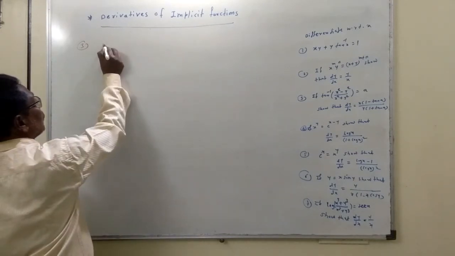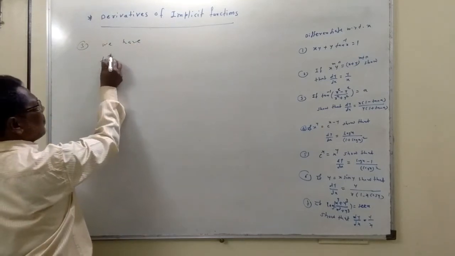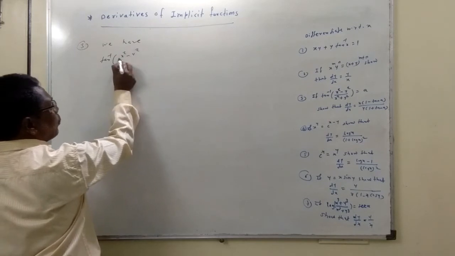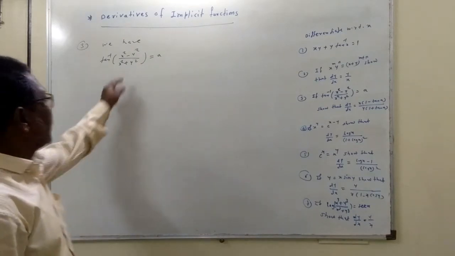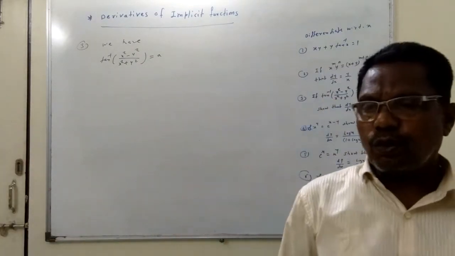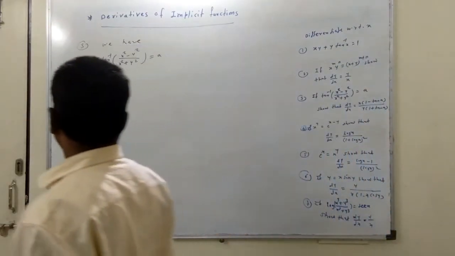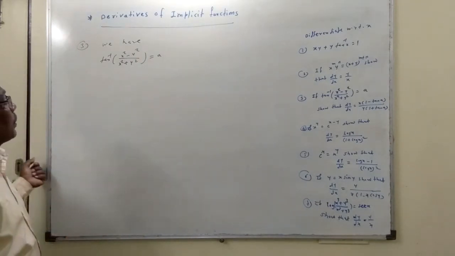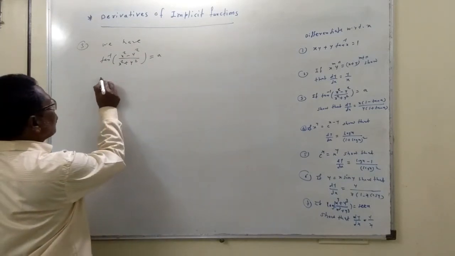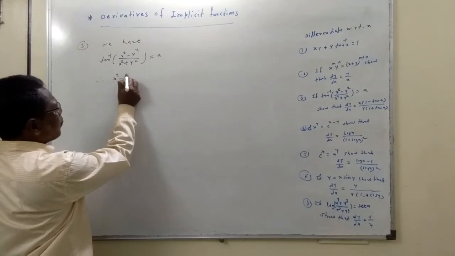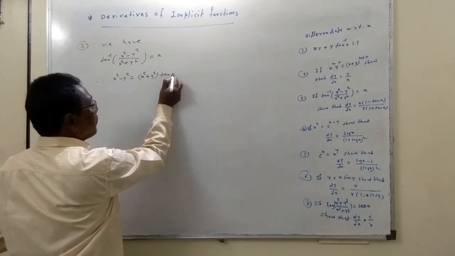So we are given the function tan inverse of (x square minus y square) divided by (x square plus y square) equal to a. Now if you take the derivatives directly here, this is complicated, you want to take the derivative of tan inverse, 1 upon 1 plus x square, and then again the u upon v formula is required. So instead of that, we can take the tan inverse out to the other side, so that becomes the tan. Therefore, we can simplify like this: x square minus y square is equal to (x square plus y square) tan A.